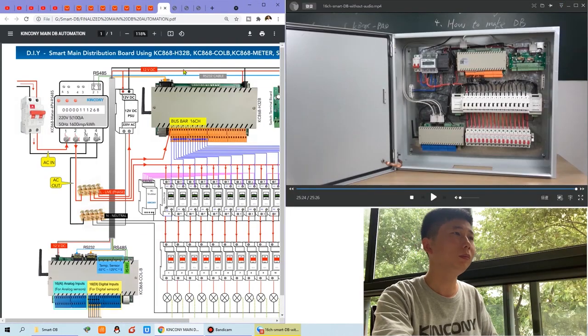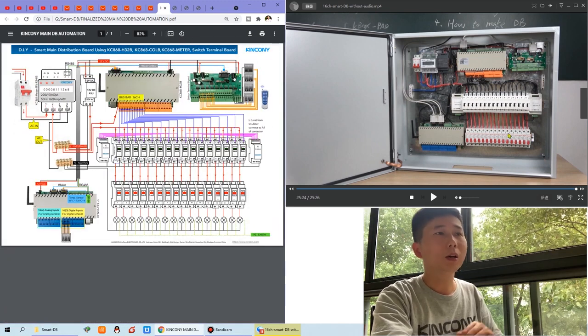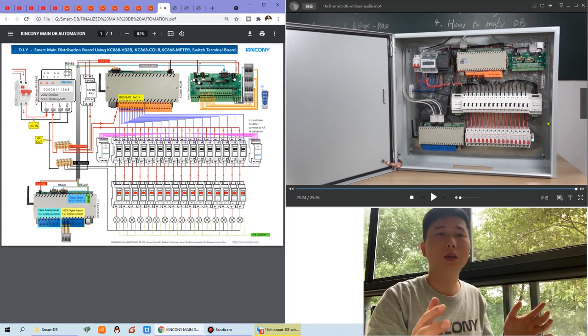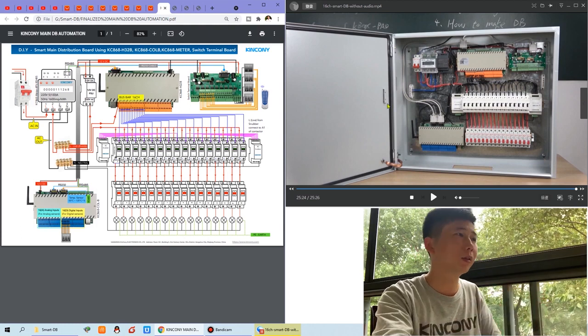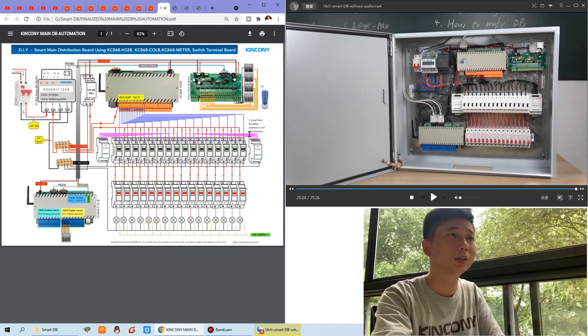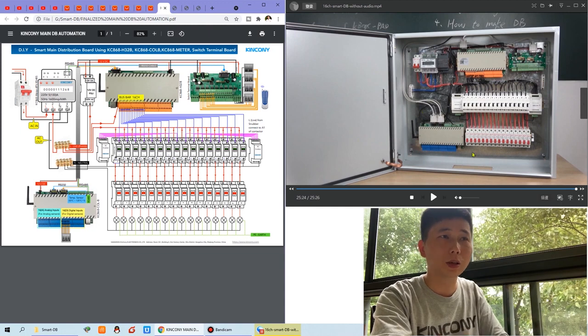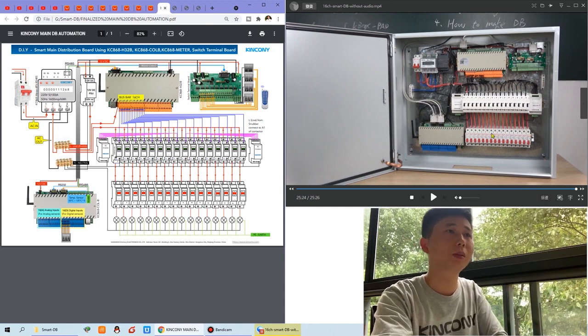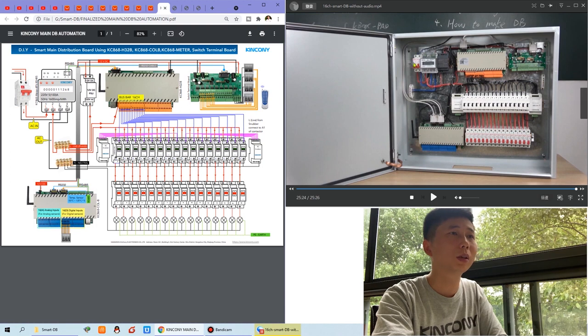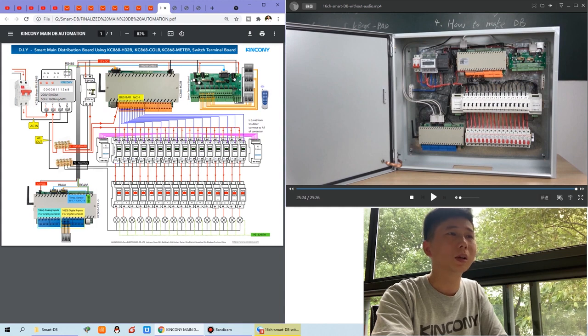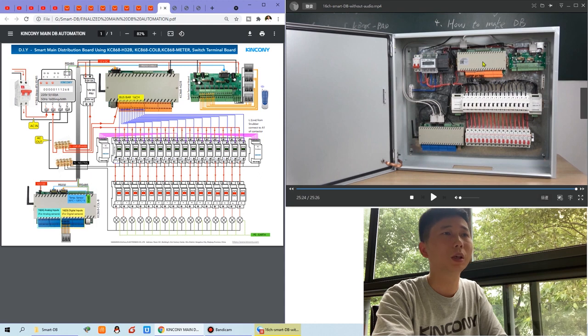Okay, this is the diagram we have introduced to you. And now we can see the video. We have recorded the video of the whole process. You can see the diagram, the layout, and this is actually the power distribution box. You can see this is the breaker, and the meter, and this is the power supply. This is the power supply, and H32B, and the switch terminal board, and